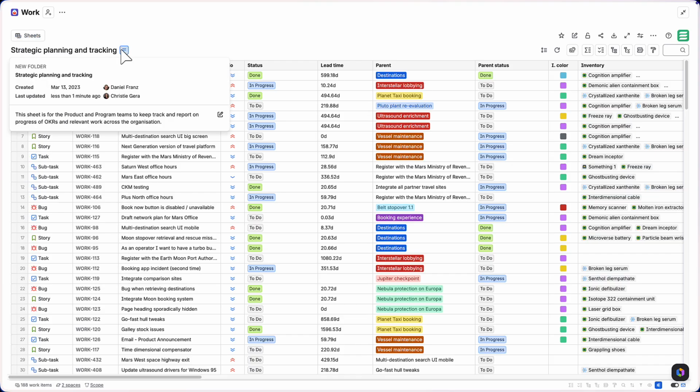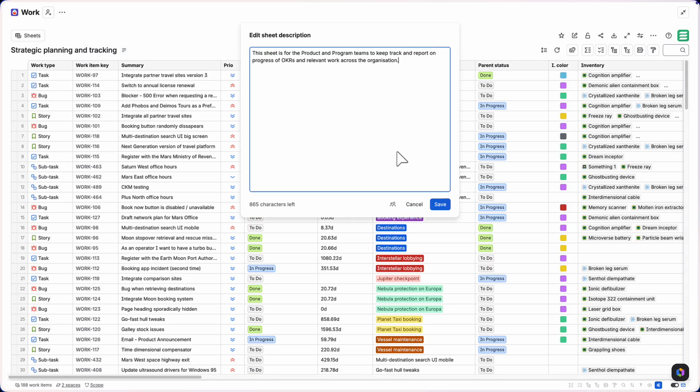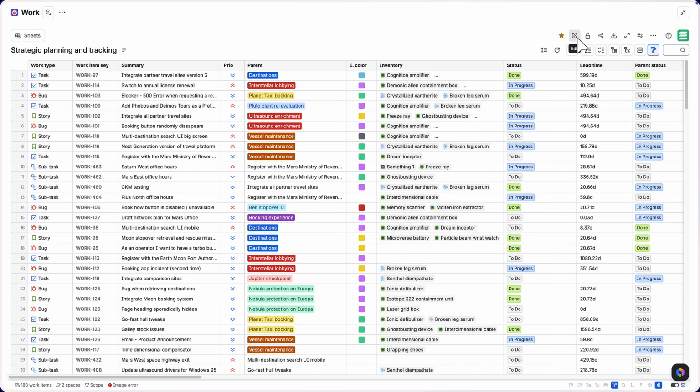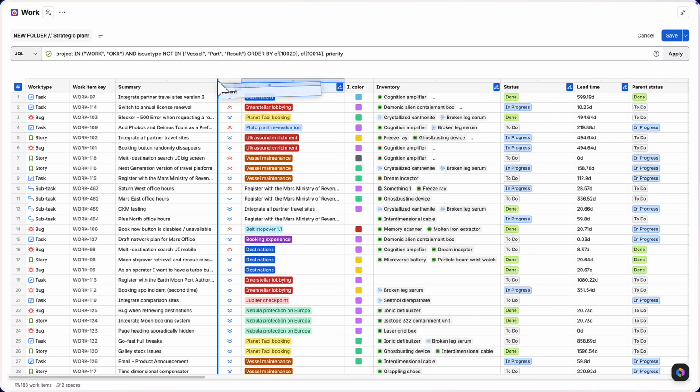Click the sheet details to see who created the sheet, when it was updated, and a description of the sheet. Along the top row, you can star to favorite a sheet, use Edit mode to move things around the way you want,